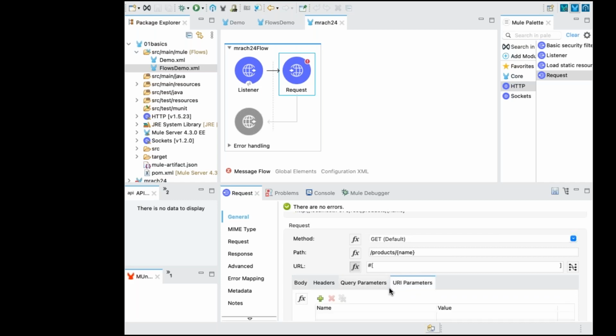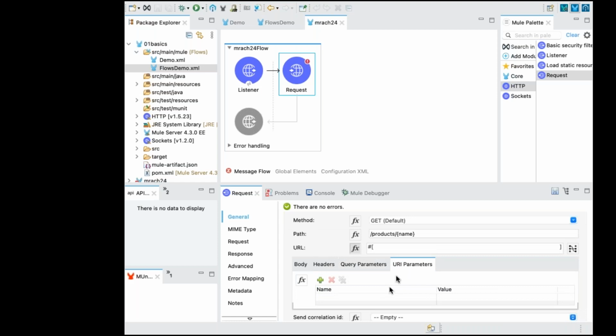There are headers, body, query parameter, and URI parameter. Click on the URI params and add a key by using the plus sign. What is the key? Name. Name is the key. Remove the entire key and write name.